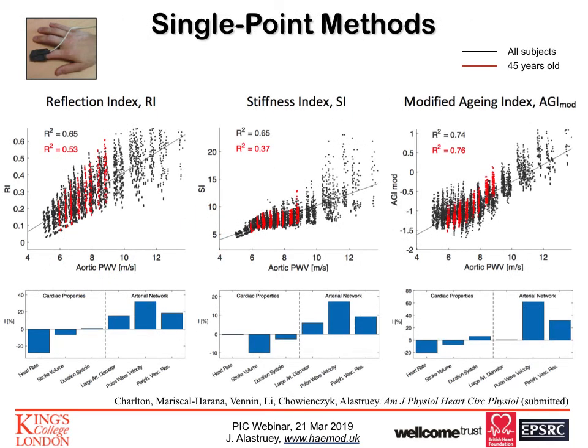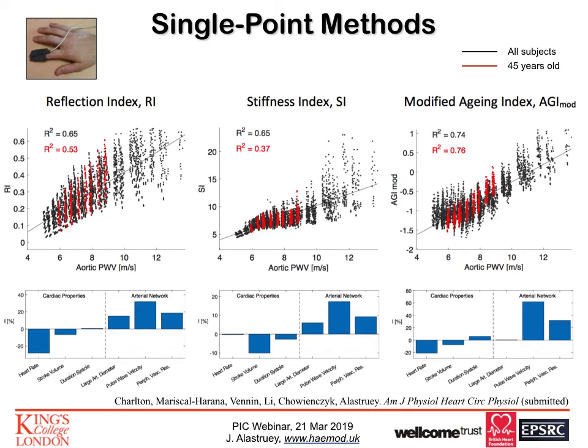There are other methods that have been proposed to assess arterial stiffness, which require analysis of only one pulse waveform. They are called single-point methods. The 3 indices shown in this slide are examples of single-point methods that can be calculated from the PPG wave measured at the finger. Data derived for all virtual subjects are shown in black, whereas red indicates data from those